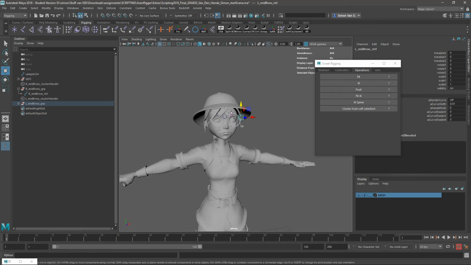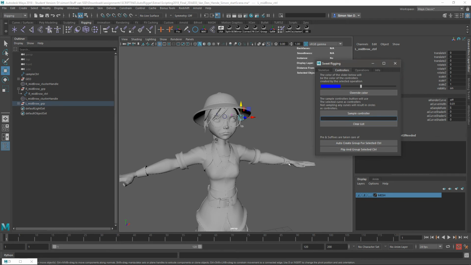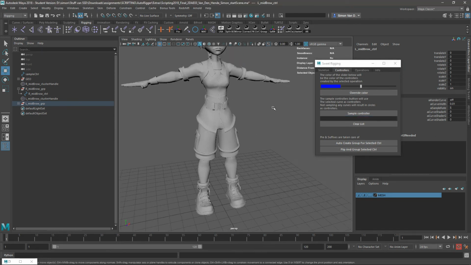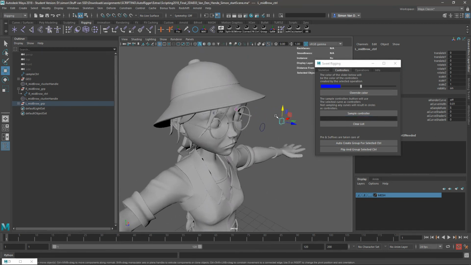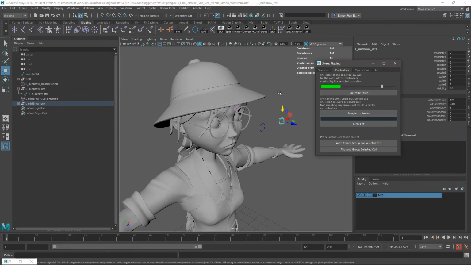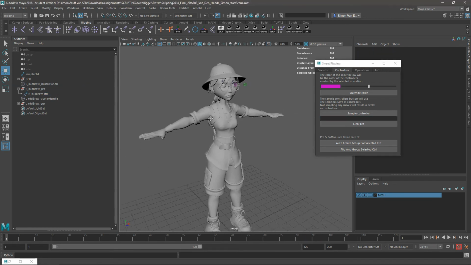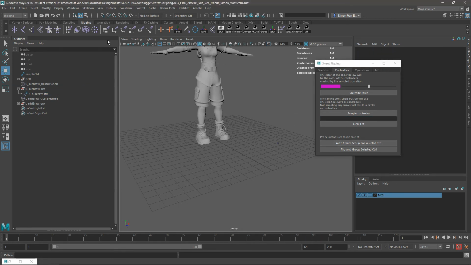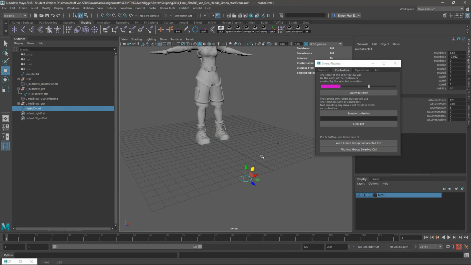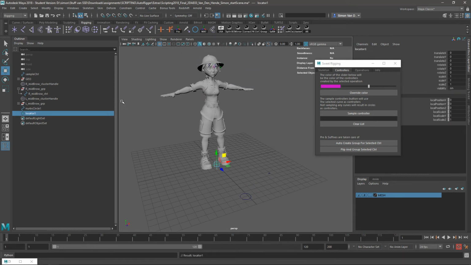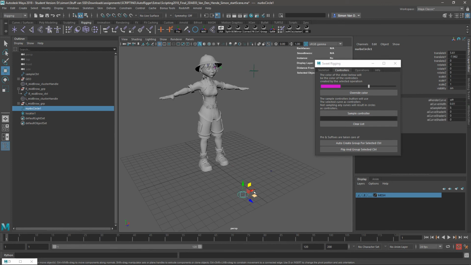And I guess that's about it. The controller tab, yeah, you can color the controllers really fast. So you can make them green. And this one you can make them gray or whatever. Yeah, it's pretty fast. And then also auto create group, which is also pretty neat. If you, let's say, like have a joint somewhere there and you want to have a controller, you can just mesh transform it there,